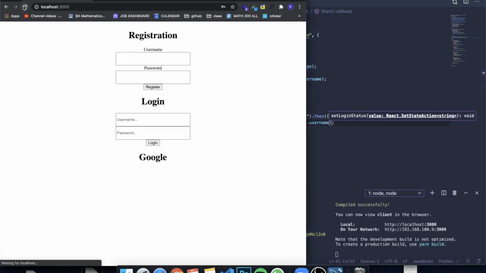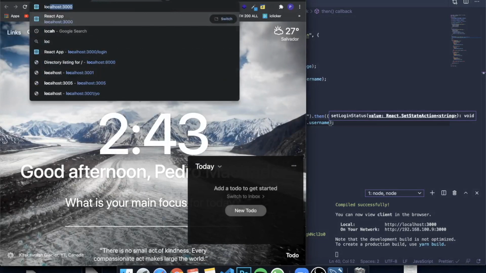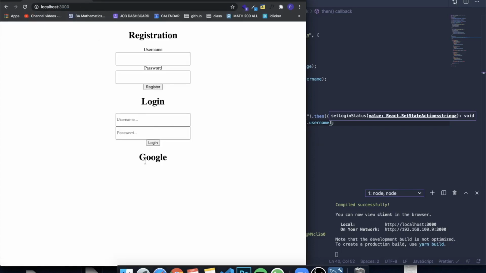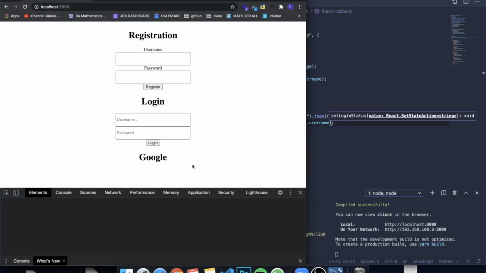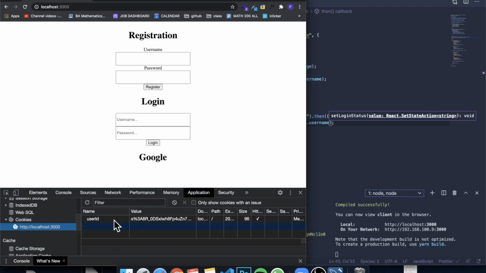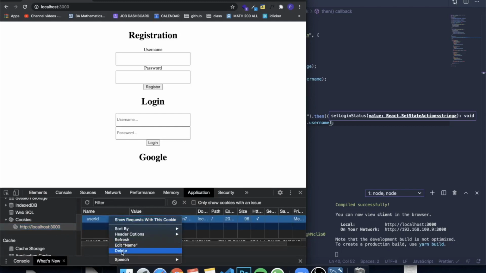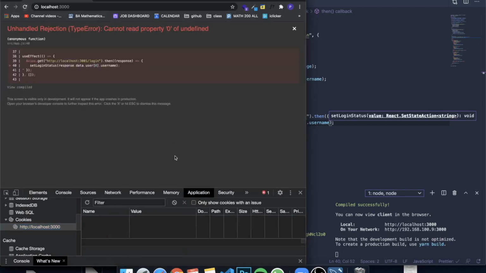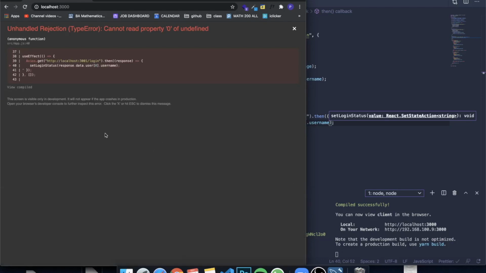And when we refresh this, you can see that Google will always be there. So for example, if I come here and write localhost 3000 and I close this, you can see that Google is still there, because if we go to our inspect and our application, the cookie now exists over here. If I delete this and I refresh this, you can see that now it doesn't anymore, but we got an error. The reason is because there's no